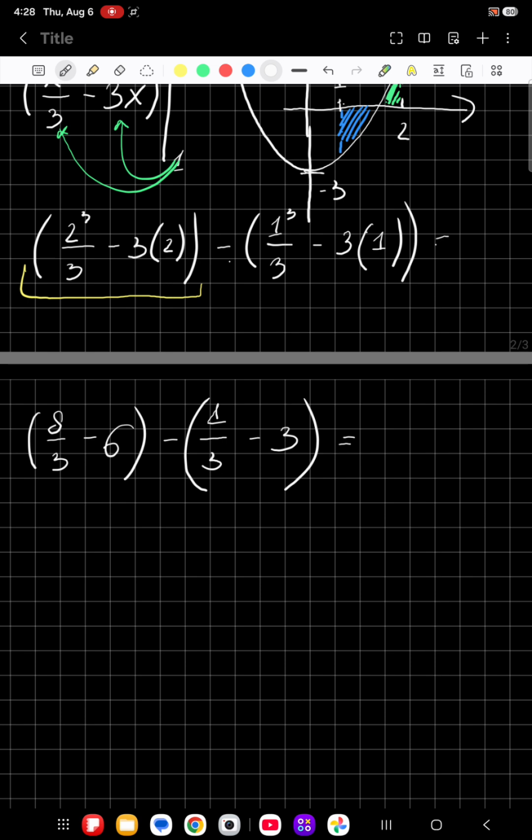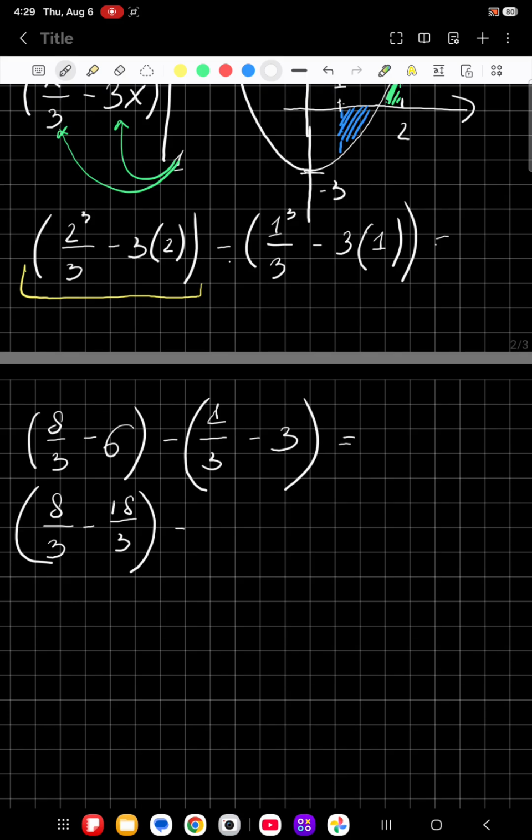Okay, so 8 over 3 minus 6. Let's just find the common denominator. So it's going to be 8 over 3 minus, what is 6? 6 is 18 over 3. So that's the first parenthesis, minus